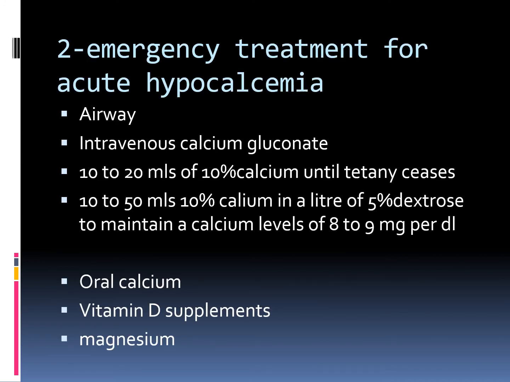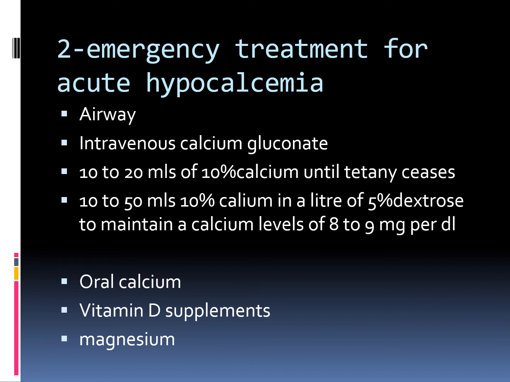Emergency treatment for acute hypocalcemia. First of all, be sure an adequate airway is present. Calcium gluconate 10 to 20 ml of 10% solution intravenously may be given slowly until tetany ceases. 10 to 50 ml of 10% calcium gluconate may be added to 1 liter of 5% glucose in water or saline and given by slow intravenous drip. The rate should be adjusted so that the serum calcium is maintained in the range of 8 to 9 mg